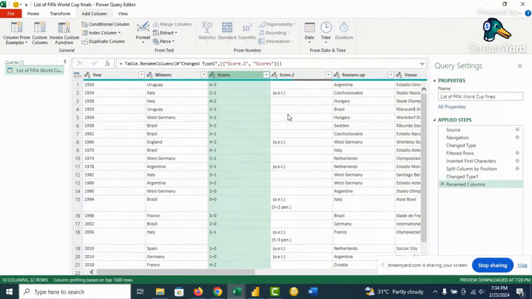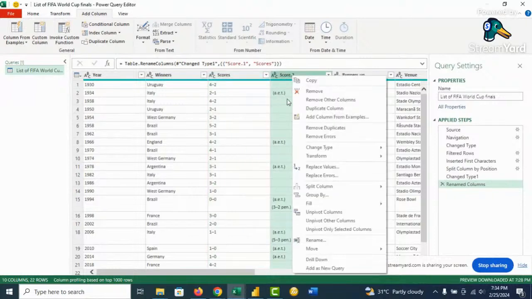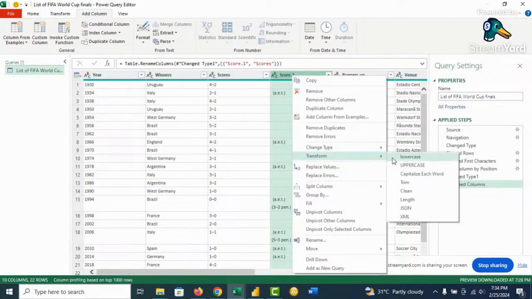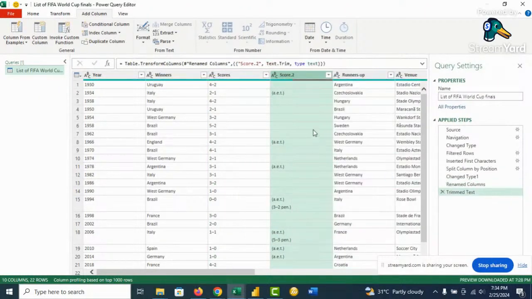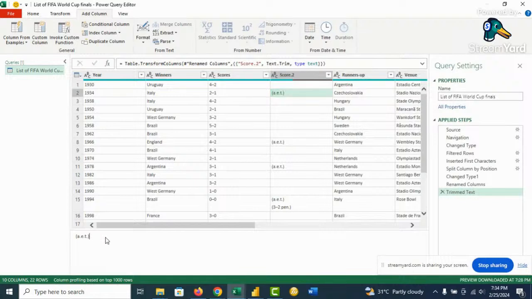Good. Then when we come to these other columns, firstly, we can trim it to remove the space before. So we go to transform and we trim it. Then the AET, the number of characters is 1, 2, 3, 4, 5. Let me bring it down here so that we can count. This is 1, 2,